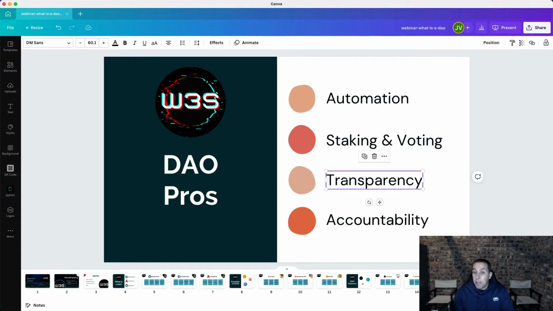Transparency is also another big one. Everything happens on the blockchain. So all these transactions are immutable, they can't be changed, and they exist on these blockchains as what we would see as regular Ethereum-based transactions. And it supports those ERC standards. I'm not going to go into those kinds of details. This is Web3 Simplified. But the transparency is very important.